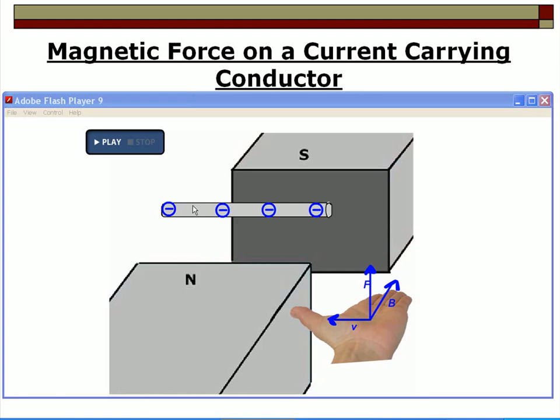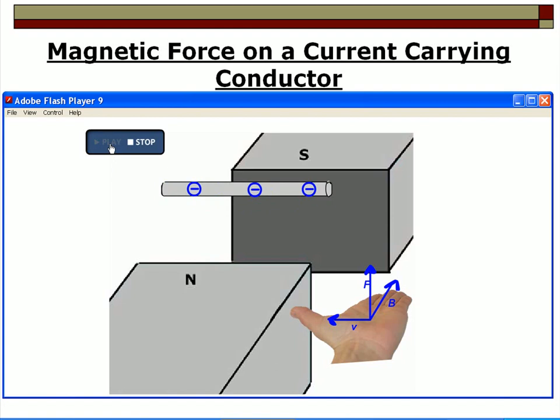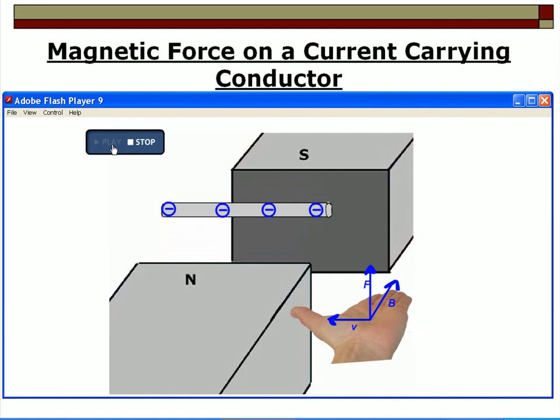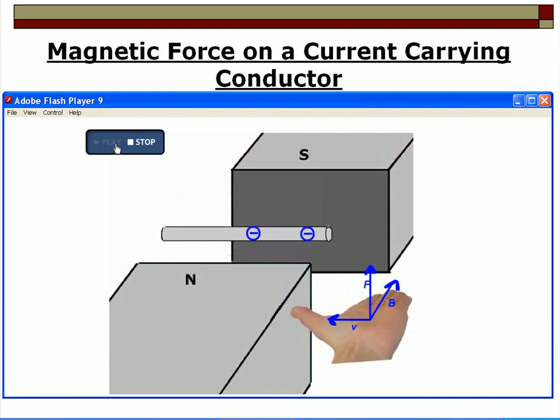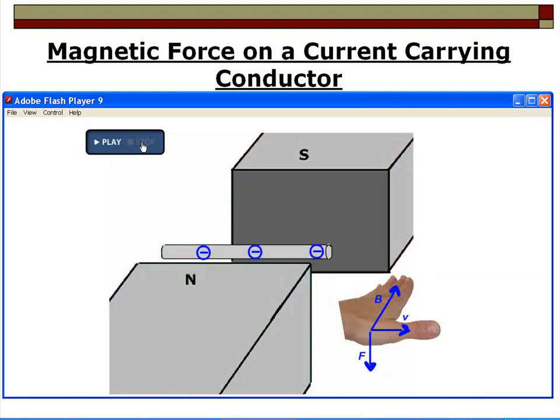So you have to picture current moving through this conductor at a fairly good speed, and then what will happen is you'll create a force that'll cause this conductor to either rise or fall in that magnetic field. So when you watch this first case, it's going down and up, and I'll just let it run for a second or two before I stop it, but you can see I'm orientating my hand to match the direction of the electron flow. And in the first case down here,